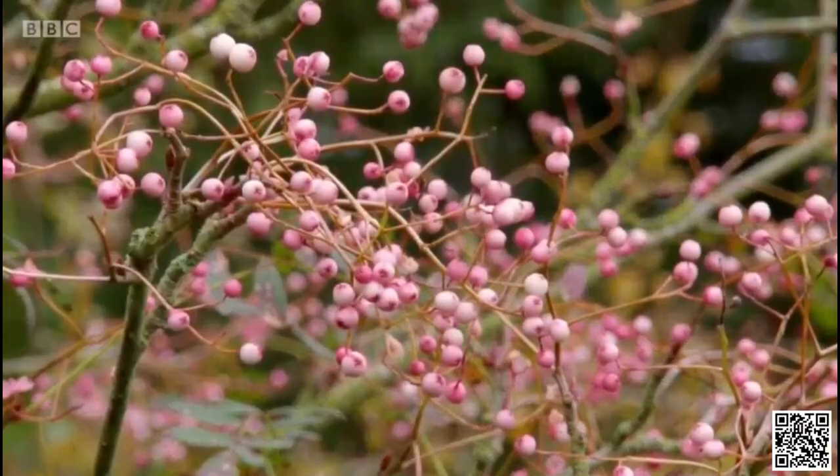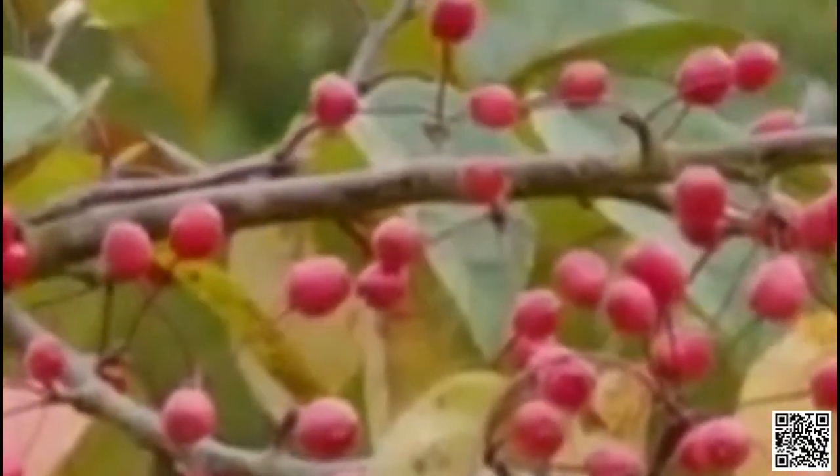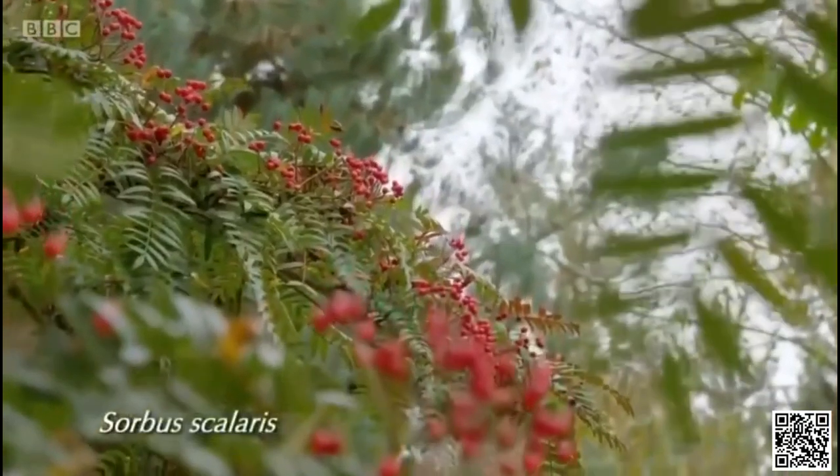There are berries in virtually every colour. There's Sorbus Hunan pink, with beautiful pink berries. There's Malus Indian Magic, with glossy red berries. And there's Sorbus scalaris, with beautiful...